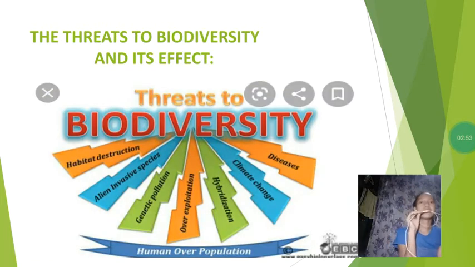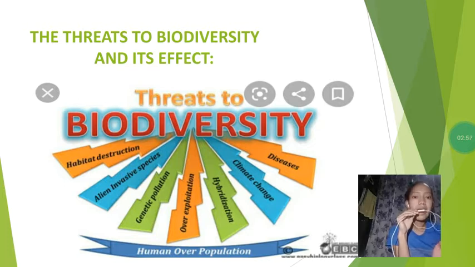And here are the threats to biodiversity and its effect. We have habitat destruction, alien invasive species, genetic pollution, overexploitation, hybridization, climate change, and diseases. In climate change, I have an explanation. Climate change, the increase in the temperature of the atmosphere, has a major effect on the environment such as the seasons and the rising